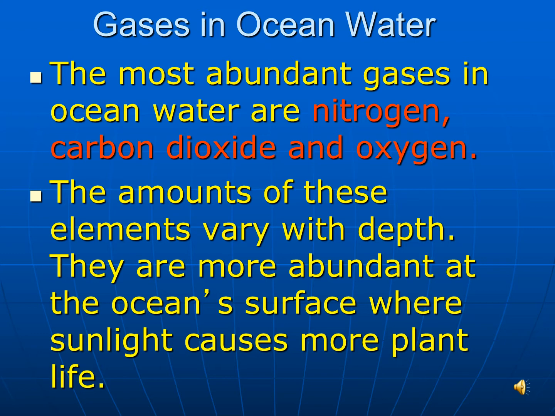Ocean is very diverse and it's more abundant. All these things are more abundant at the ocean surface because that's where the sunlight hits, and it also causes the plants to be there. So the plants take in the carbon dioxide, and then we have the animals taking in the oxygen, and of course when they use the bathroom it's releasing the nitrogen. So everything in this world is nothing but cycles.